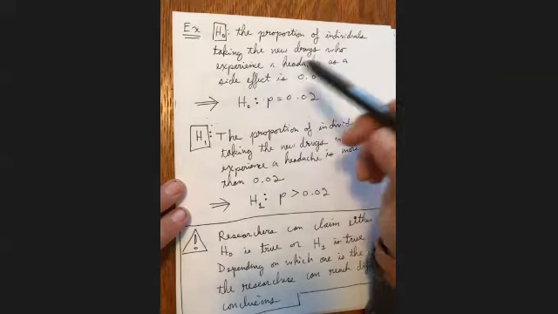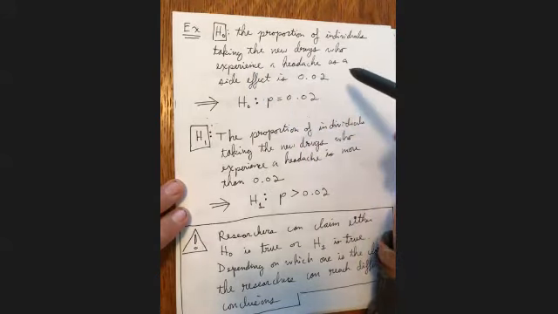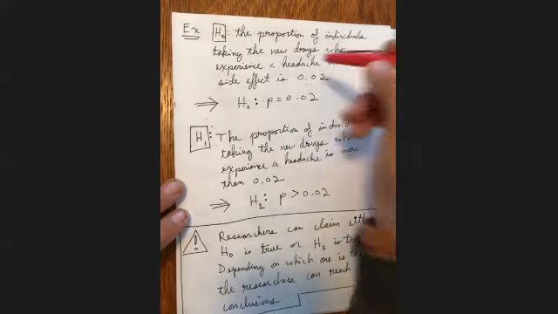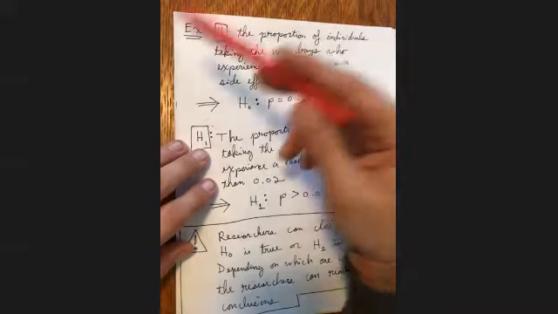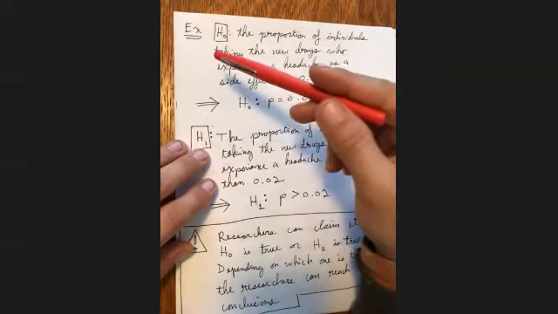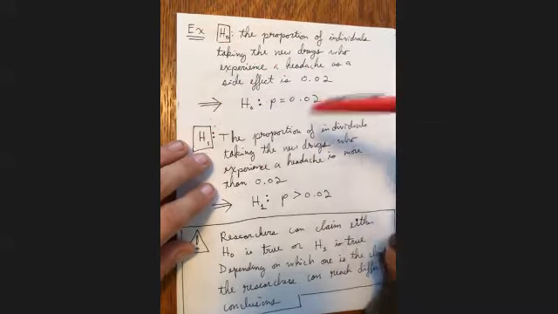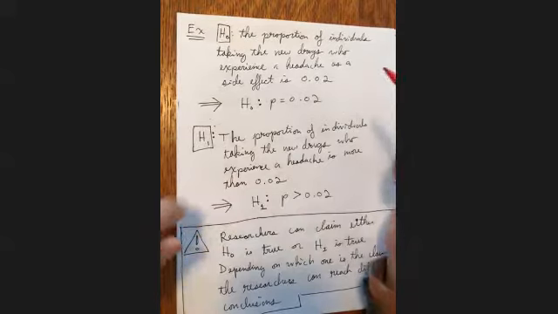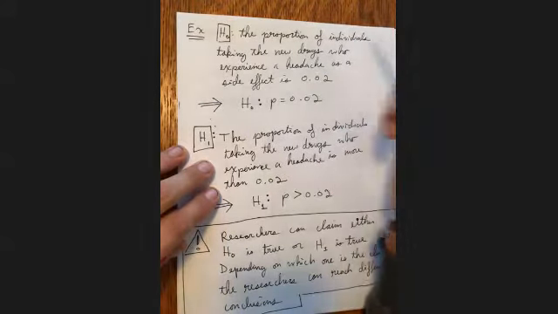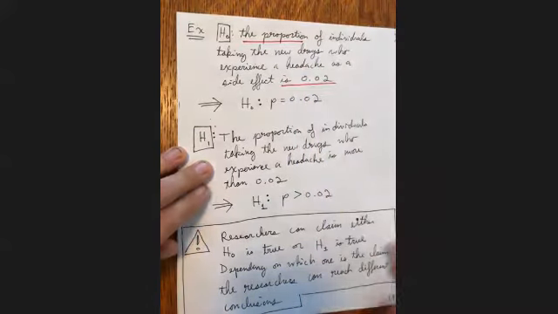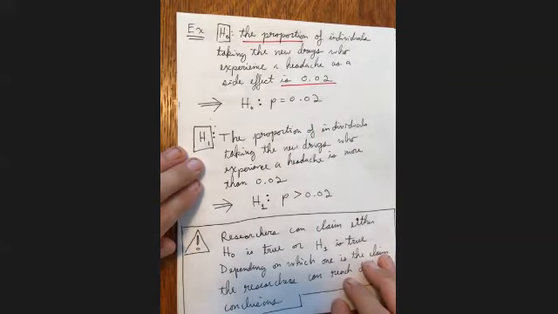Okay, so we're reading a problem, and in the problem it says the proportion of individuals taking the new drugs who experience a headache as a side effect is 0.02. So the way this might actually be read is the researchers are testing the claim that the proportion of individuals taking the new drugs who experience a headache as a side effect is 0.02. Okay, so they'll tell you explicitly in this case who H0 is. H0 is the proportion is 0.02. So you have equality,